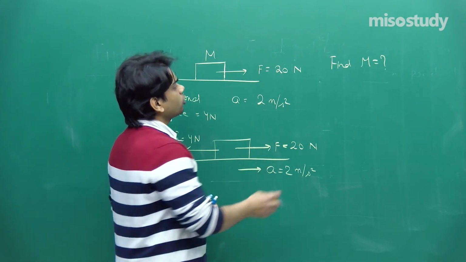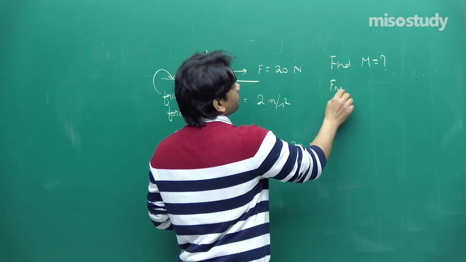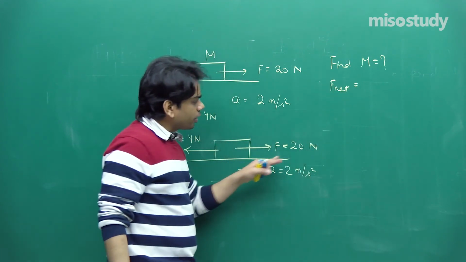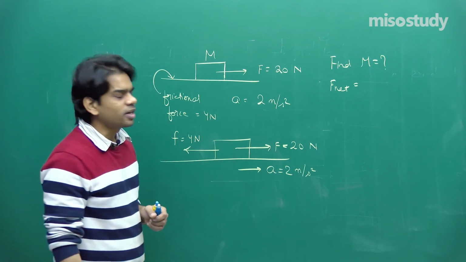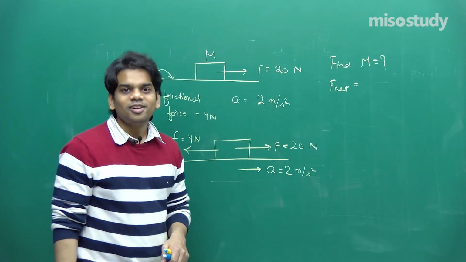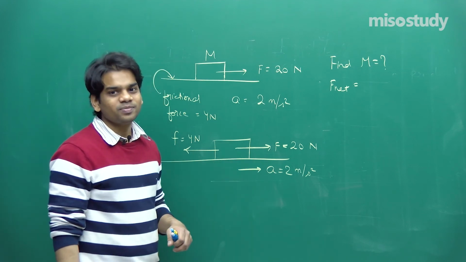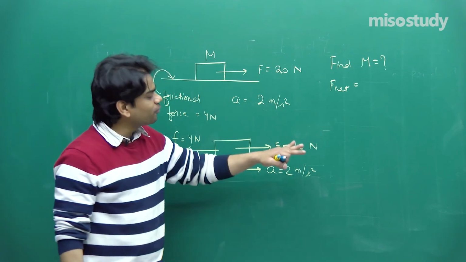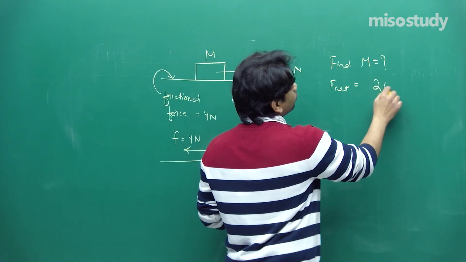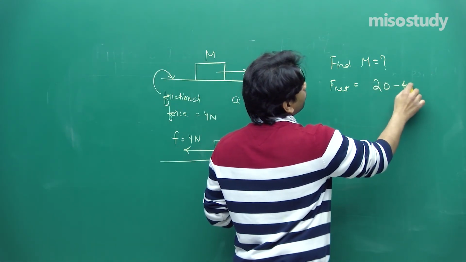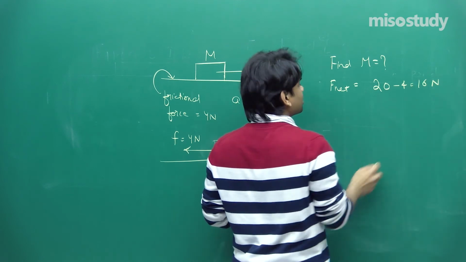Here the net force on the object. See, net force: F of 20 Newton is acting in the forward direction and 4 Newton is acting in the backward direction, and forces, I told you, are vector quantities, so add them vectorially. If you add them, you find that net force in the forward direction will be 16 Newton. So we can write net force is equal to 20 minus 4 is equal to 16 Newton, and just now we wrote that